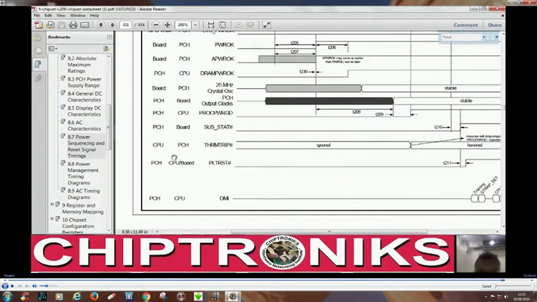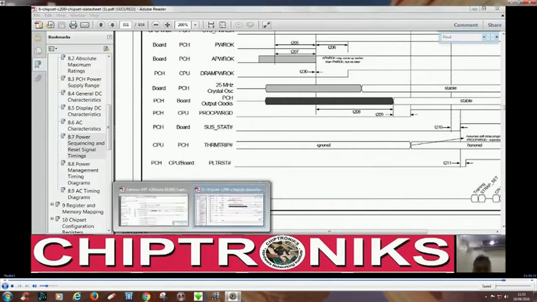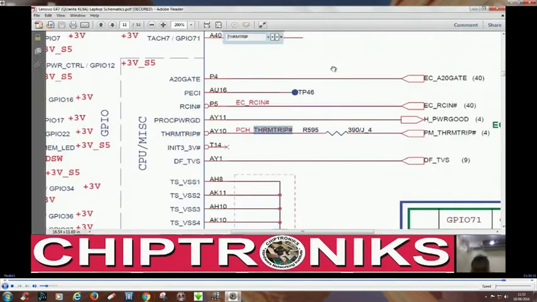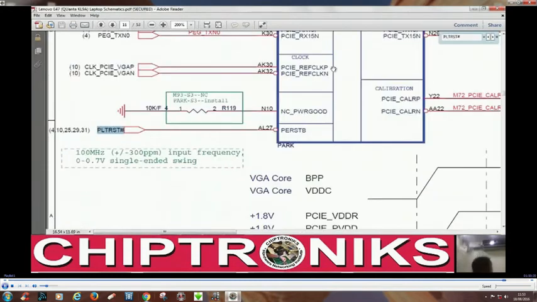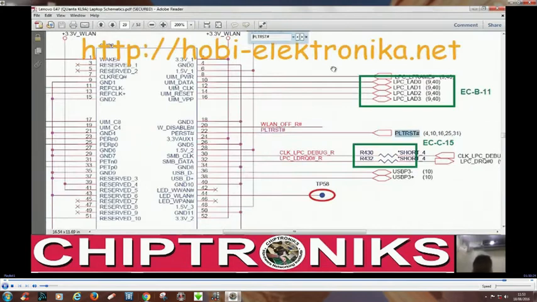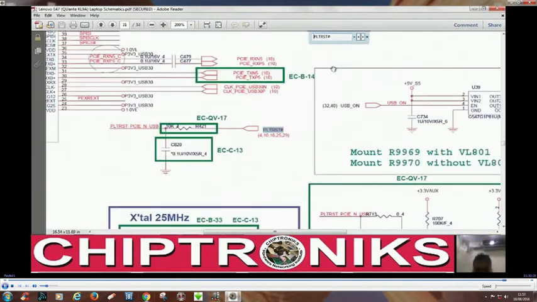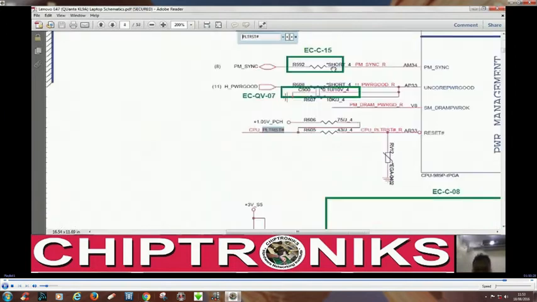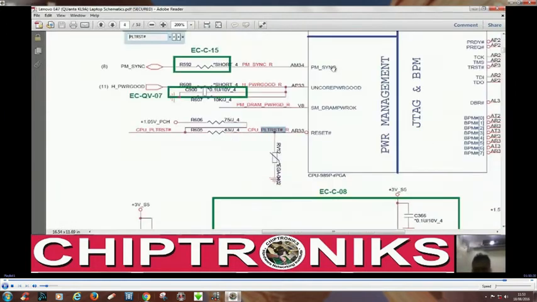This indicates to the PCH that now the CPU is ready to receive reset, and after that the PCH will generate PLT reset, and PLT reset will reset the processor. You can see PLT reset. You have to search inside the PCH. PLT reset,